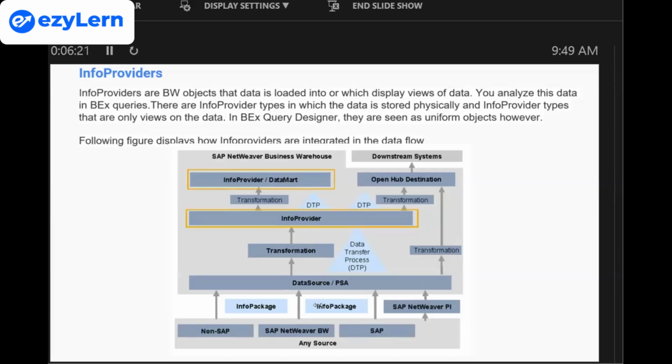When you trigger or run that info package, it extracts the data from the source system and brings it into your BW system. Then this data source, or the PSA, the persistent staging area, is the initial area inside the BW system where the data is first stored. And then you apply some transformations, that is your business logic, and then you store it into your